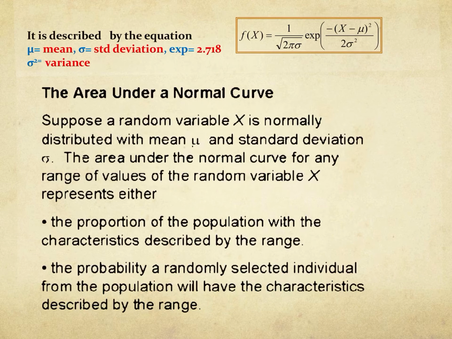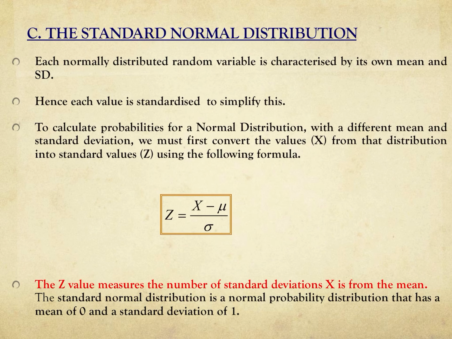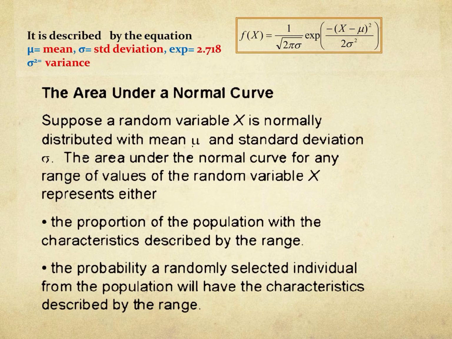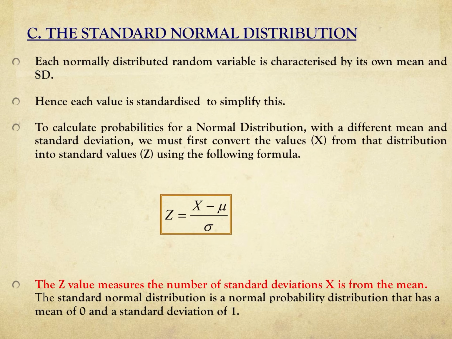But let's look at an example so as to make sense of this probability distribution. So typically, when it comes to your normal distribution, it's difficult to calculate. So what we do is we standardize in order to simplify the calculation. This will make sense when we look at